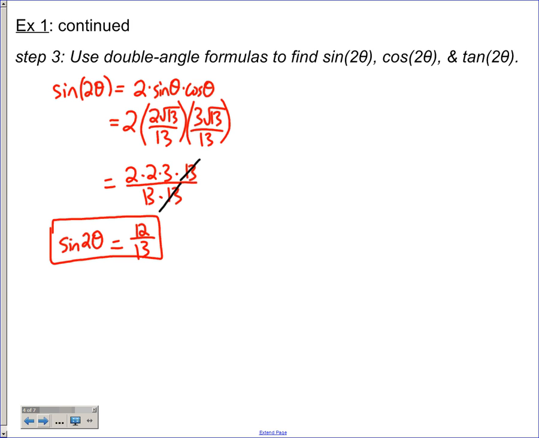So sine of 2 theta is 12 over 13. So let's switch colors here. Cosine of 2 theta, we'll use that first identity. It's cosine squared theta minus sine squared theta. So this is going to give us